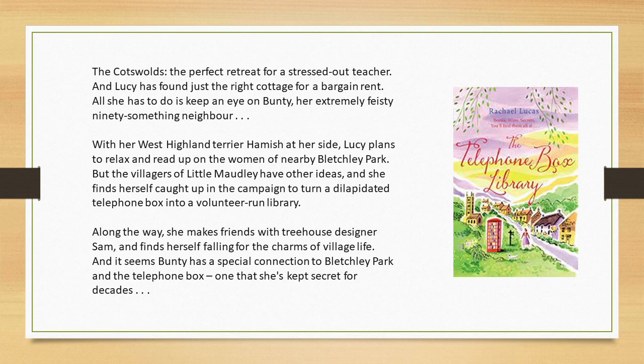Moving on now to a text for this lesson. I came across a very appropriate book called The Telephone Box Library by Rachael Lucas. And the blurb of the book says this: "The Cotswolds, the perfect retreat for a stressed-out teacher, and Lucy has